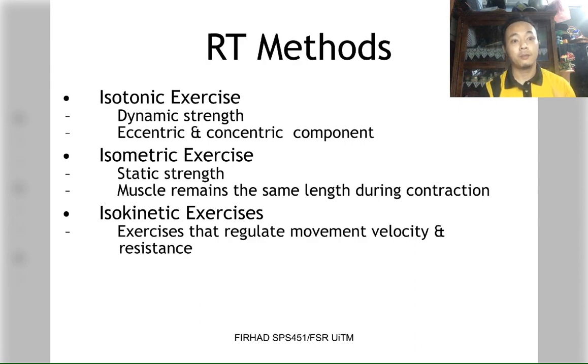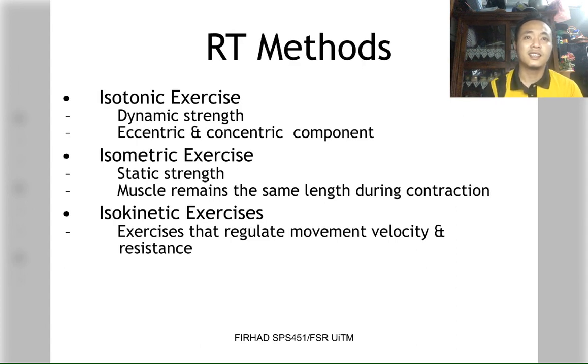For example, bicep curl: when you do like this, it is concentric, shorten, and when you straighten it is eccentric, lengthening your bicep muscle. How to remember? For me, the easiest way I remember is concentric, contot. I always remember contot. Contot means short. That is shorten. Okay. Next point is isometric exercise.